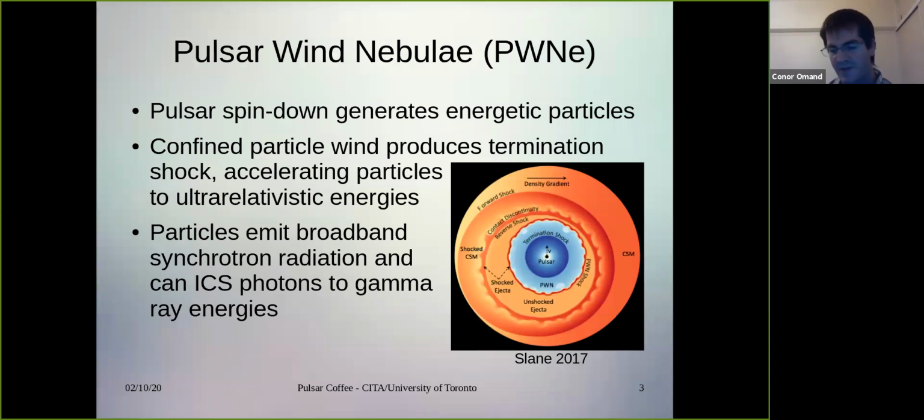So the pulsar spin down generates lots of energetic particles. This is where most of the energy from the spin down goes. This confined wind produces what's called the termination shock, and this can accelerate particles to very, very high energies. And then these particles will emit broadband radiation as well as synchrotron, and they can also inverse Compton scatter photons up to gamma ray energies. So you can have everything from radio to gamma rays produced by a pulsar wind nebula. They're very, very broadband